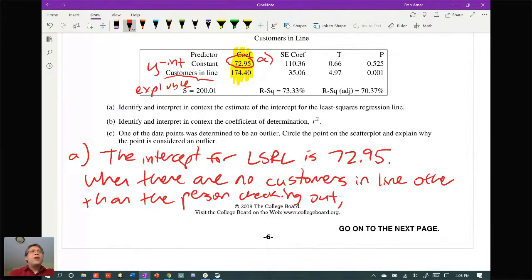We now have to use a set of language that indicates that we know that this is a model. It is not guaranteed that a person in line will take 72.95 seconds at this very moment, but we expect, or on average, or we estimate,